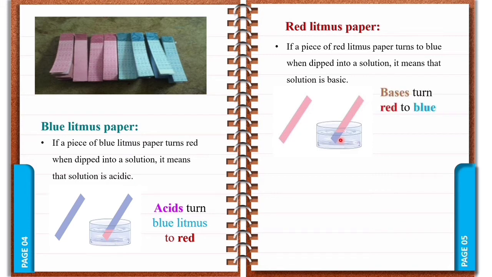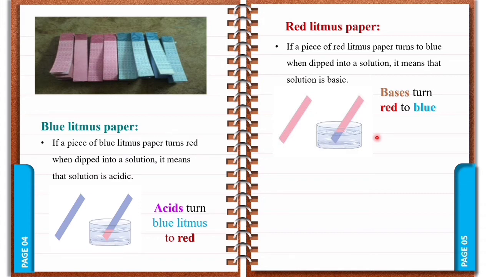While doing an experiment in your lab, if a red litmus paper is given to you, if you add a drop to it or dip the red litmus into a conical flask or a beaker solution, and its color changes to blue, it indicates that your solution is an alkaline solution, meaning it contains a base.